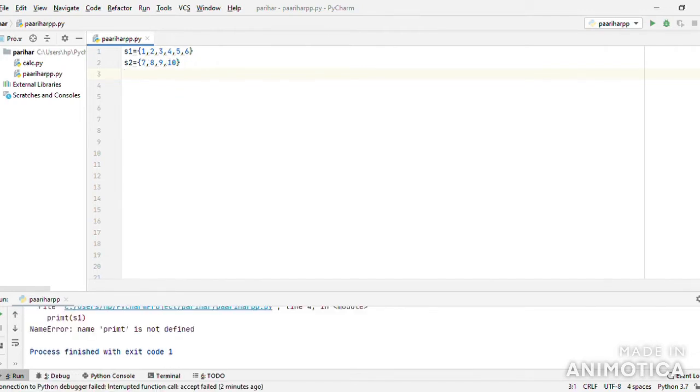We can update with another set as well. Let's see, s1.update. Here I will pass list of values and I will use duplicate values. And here I will write s2. Here I have also added s2 to update, so it will add both the values. Now I will print this.